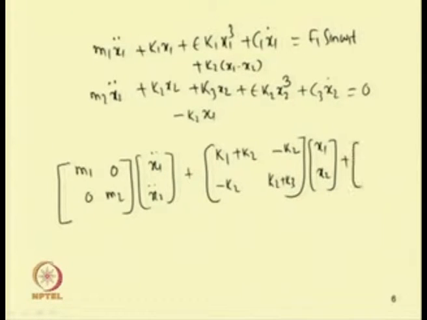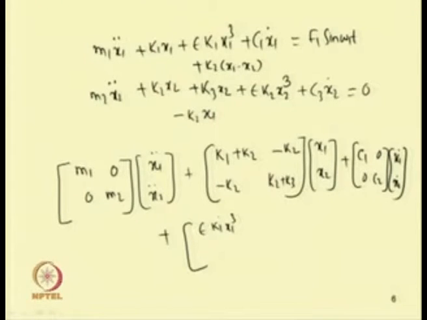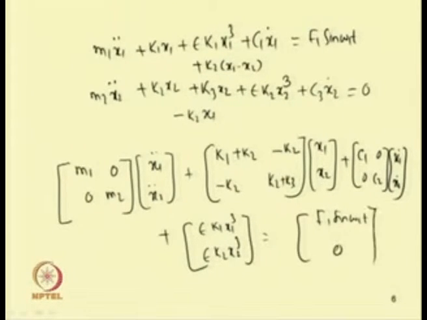So, plus the damping term also can be written. So, damping term, this is C1 0 0 C2. So, this is x1 dot x2 dot. So, plus then the nonlinear terms let us write. So, the nonlinear terms in the first equation becomes epsilon k1 x1 cube, and in the second equation this is equal to epsilon k2 x2 cube. So, this will be equal to F1 sin omega 1 t and 0. So, this is the equation of motion of a nonlinear 2 degree of freedom system,